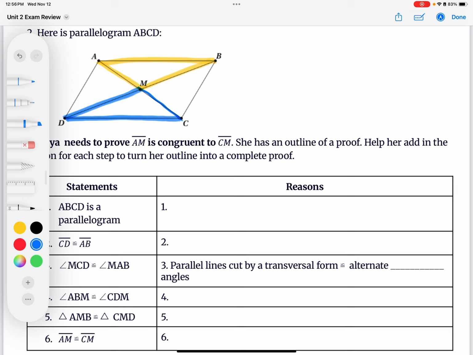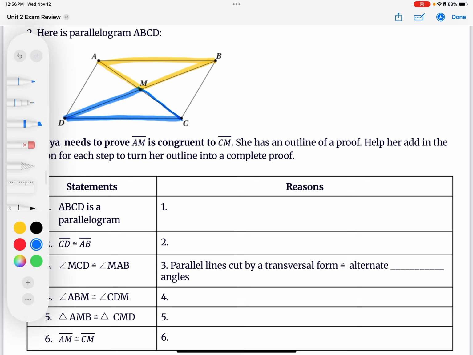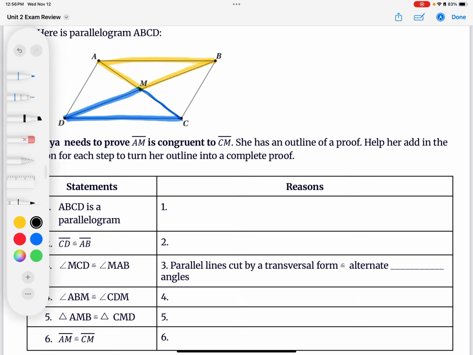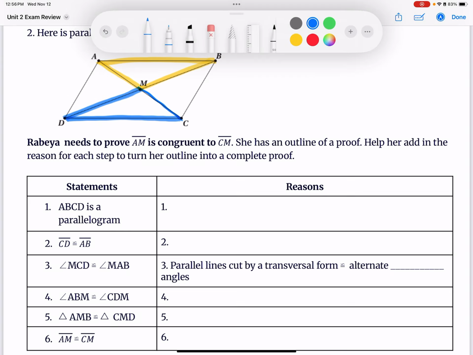So first, we're going to look at our statements. We want to write everything that's given to us. The only thing given in this example is that we have parallelogram ABCD. So we're going to write "given" for number one's reason. And then number two, we can say that line segment CD, right here, I'm going to